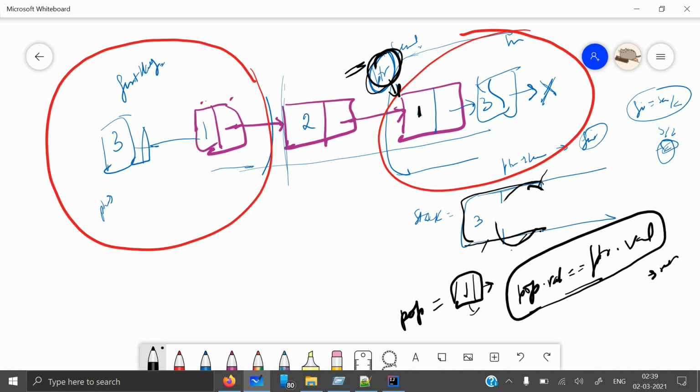But if they are equal, I'm fine. I can continue. In the continuation process, I should make my PTR move to the next pointer. PTR should be equal to PTR dot next. Visually, PTR should move here. Getting the point? So this is the way we can use it. This way can be used to solve this purpose, and I have tested it. It worked fine. But there is a follow-up question in